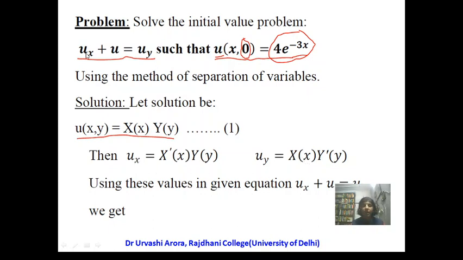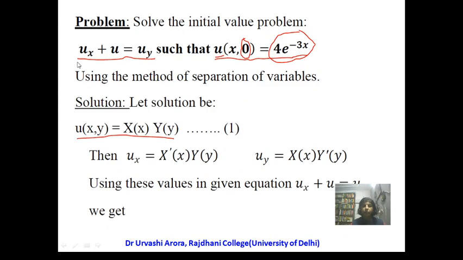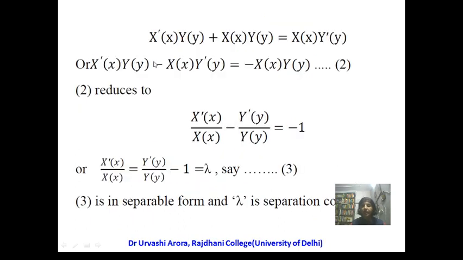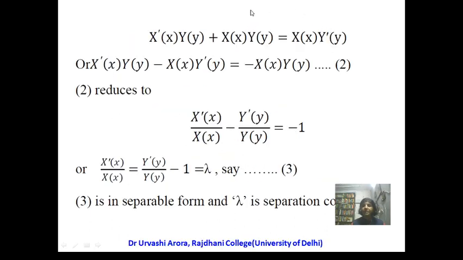And why are we finding ux and uy? We are finding ux and uy because we have to substitute their values in the given partial differential equation. So now you know the value of ux, you know the value of uy, and you know the value of u. Substituting these three values of u, ux and uy in the given partial differential equation, this is ux, this is uy, and this is u. So we have substituted all the values. This term on the right hand side I have brought over here, and this particular term I have taken on the other side.